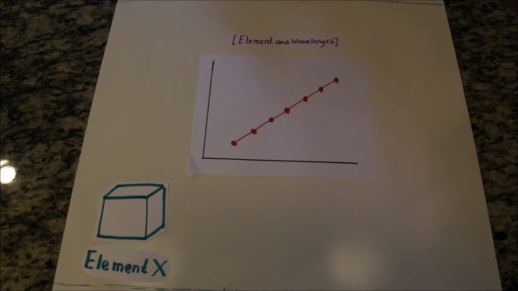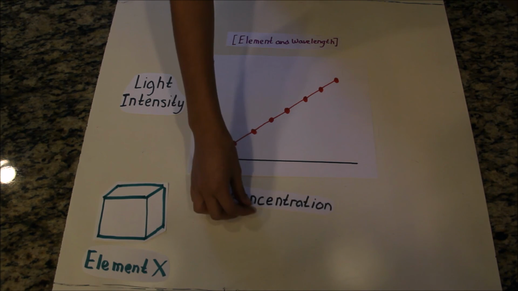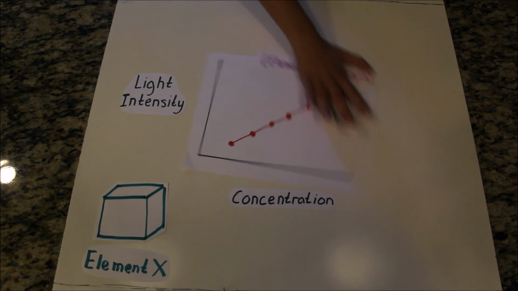The calibration curves are determined by finding the light intensities of known concentrations. The calibration curves are usually linear. This is also an extremely sensitive method of determining concentration, which is why it is most widely used. In conclusion, ICP-OES is a way to determine the identity and concentration of an unknown element using